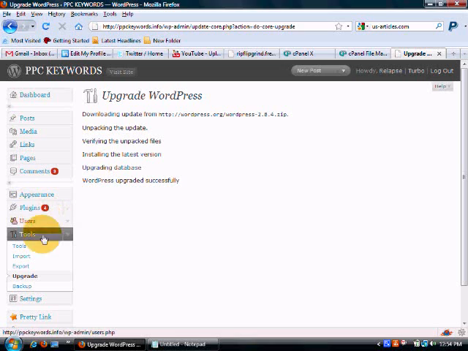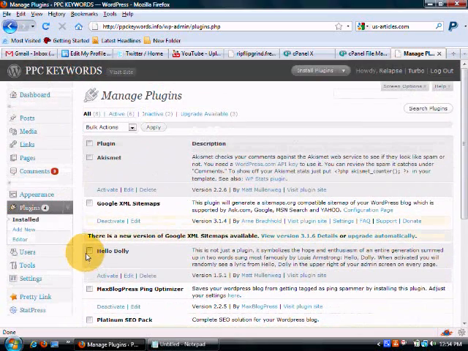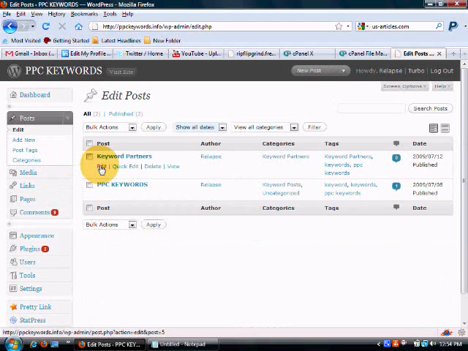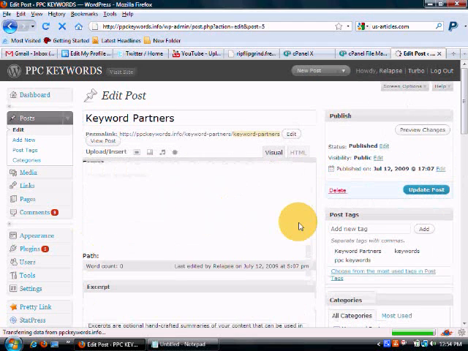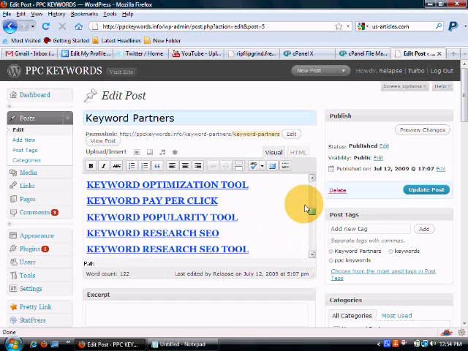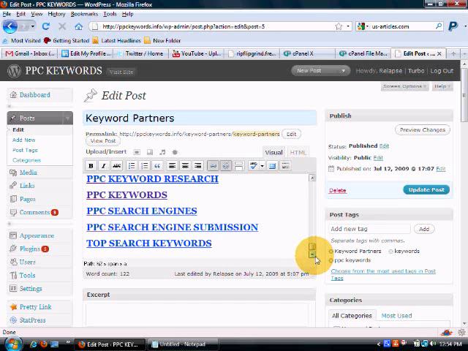Okay, that's completed. All right, now let's see what's going on here. Okay, we don't need any of that. Now let's look at the post. Okay, keyword partners. This is the latest post, and this is what's showing now. All I did was link all these sites together, which we do not want to do. You actually want to get rid of this. So we're going to use